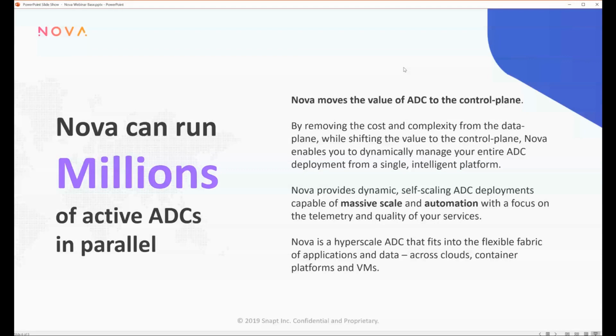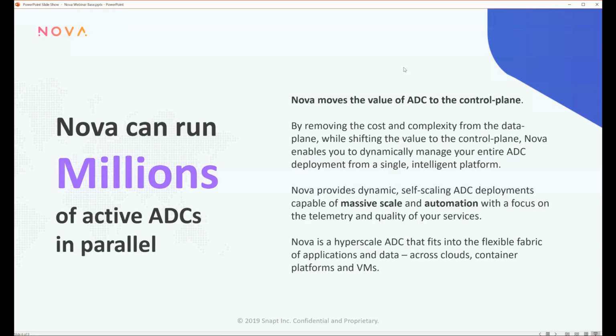So right now, if you've got a single ADC doing your load balancing, sitting in a data center somewhere, its configuration, the data it has, its information, it's all stored there sitting in the rack, just like it might be a switch or a router. And all of that value sits there, and that equipment becomes valuable, and you need to start worrying about high availability or disaster recovery or failover, and you need to start replicating configs and things like that.